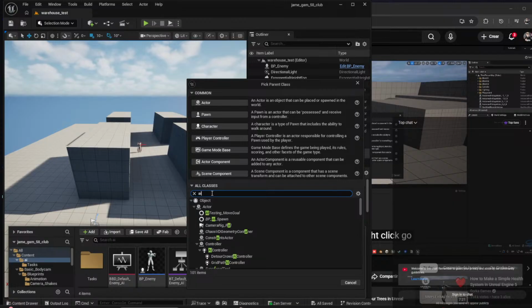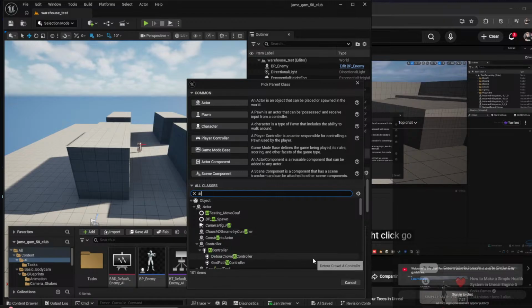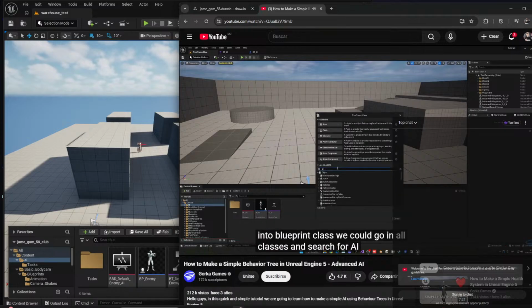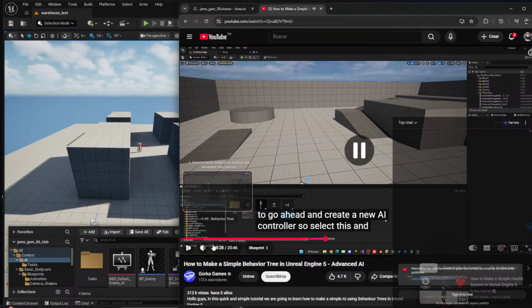And actually, by the way, I don't know if you know this, but AI is just an abbreviation of AI controller. Just so you know. Class. We're gonna go in all classes and search for AI. So we're gonna go ahead and create a new AI controller. So select this, and then